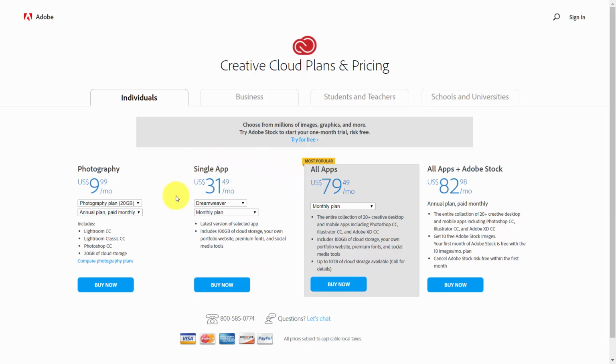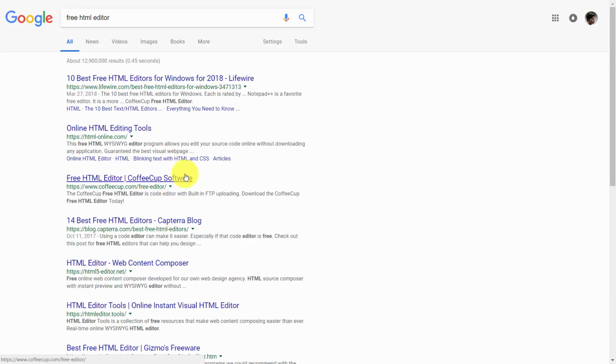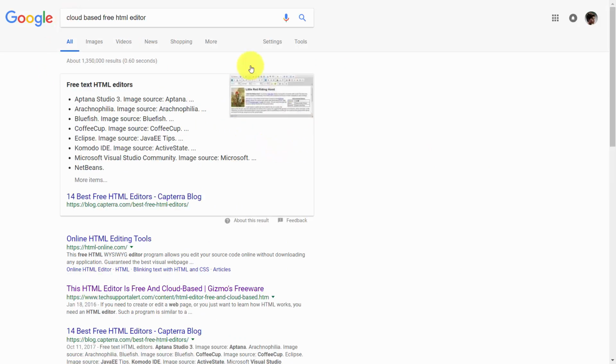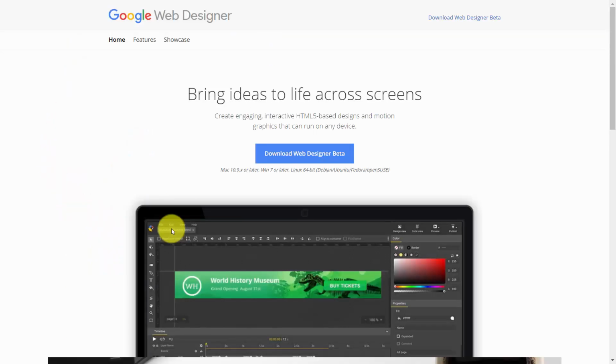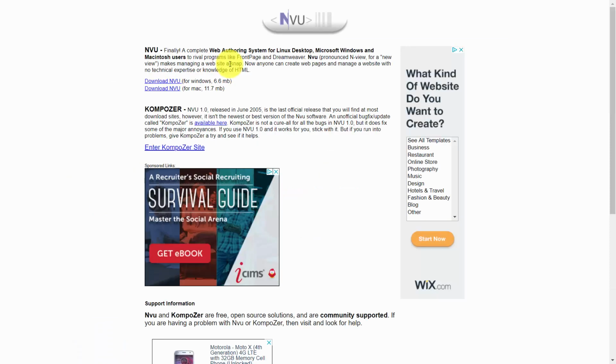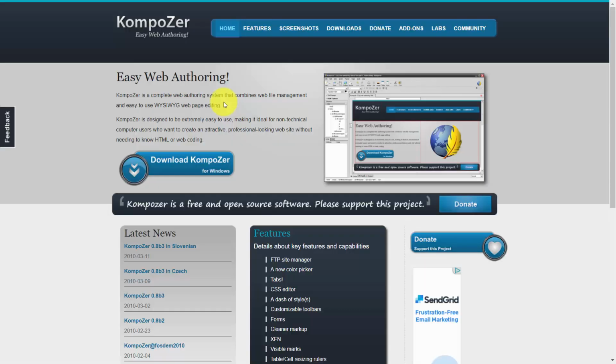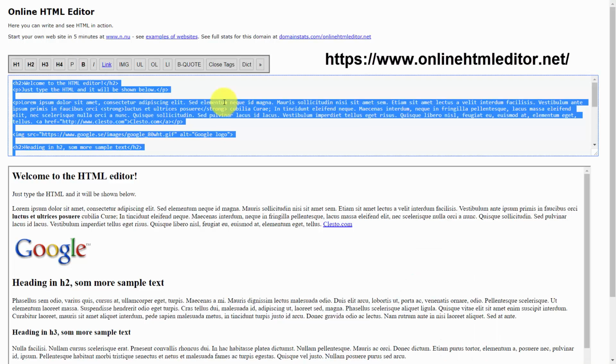Now, if you don't have a need for any of the resources that come with Dreamweaver, you may opt for one of the free plans. And you can typically find them with a simple Google search. And you can even be more specific to the kind that you'll need depending on your system, and you can find any number of editors available. And there are applications available with some of the larger internet platforms such as Google and Microsoft. One of the more popular HTML editing programs is called NVU, which you can find at nvu.com, as well as Composer, which is also free. If you'd rather use a cloud-based system, you can find one at